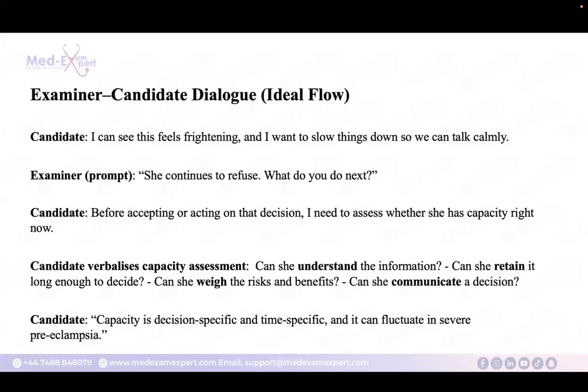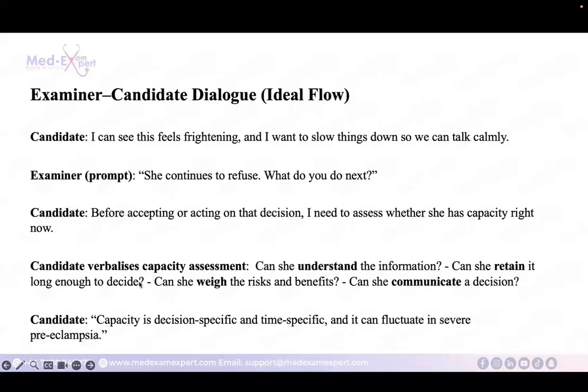Can she understand this information? No matter how much you talk to her, she may not understand the information. She cannot absorb it. So your job is to assess her capacity. Can she retain it long enough to decide? Can she weigh the risks and benefits? Can she communicate a decision? Capacity is decision specific and time specific, and